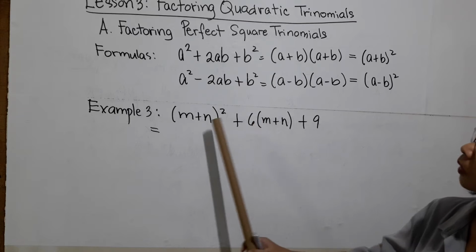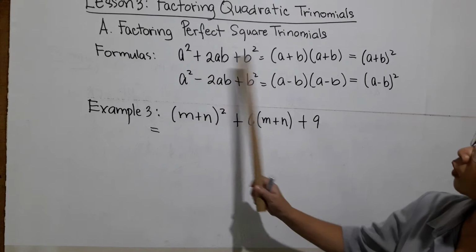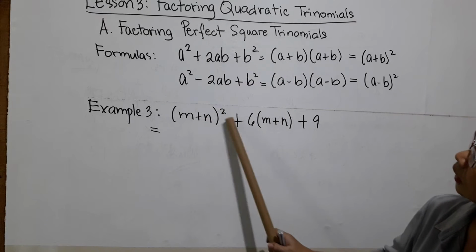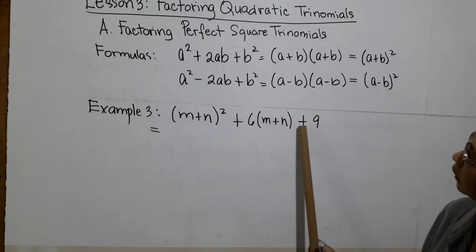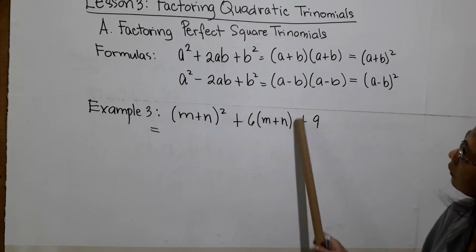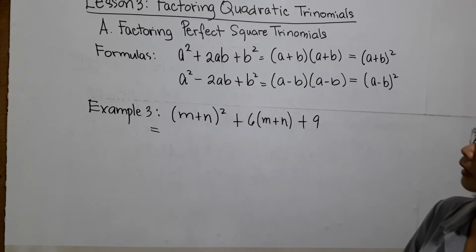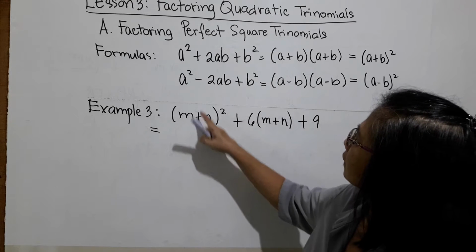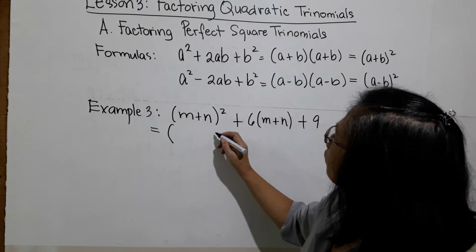So therefore, since both of them are perfect squares, we will follow the first formula, because the operations in between the terms, of the second term and the third term, are both addition. Okay? Following the formula now, wherein the quantity m plus n represents the a. So, let us first draw